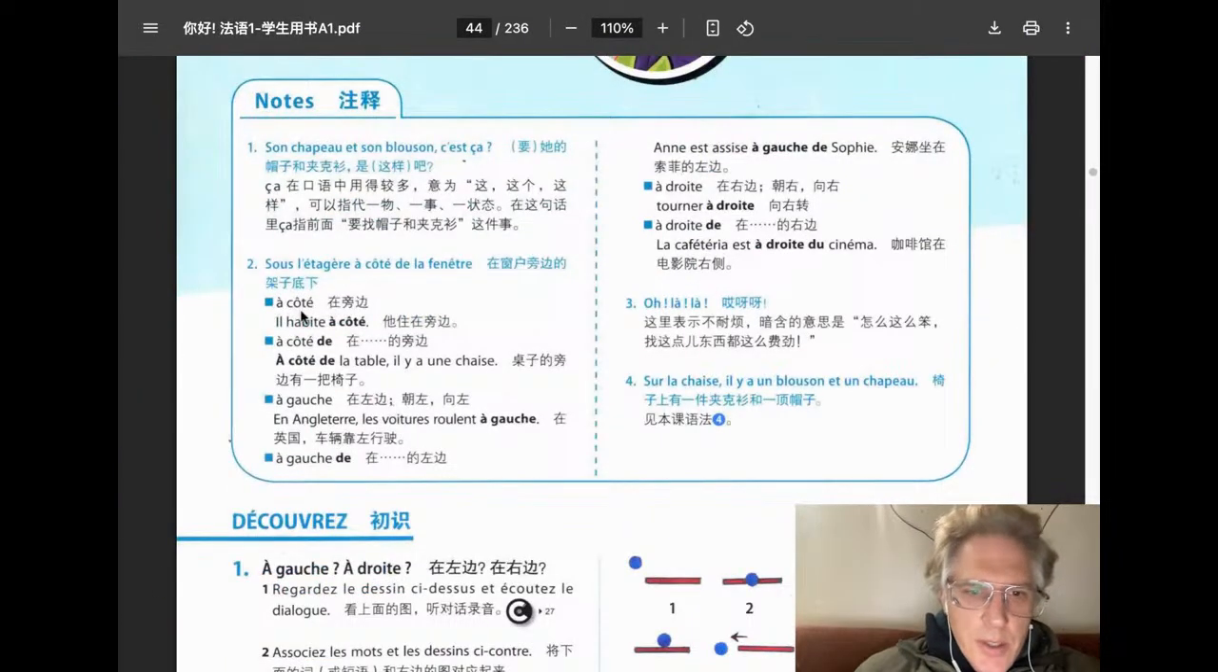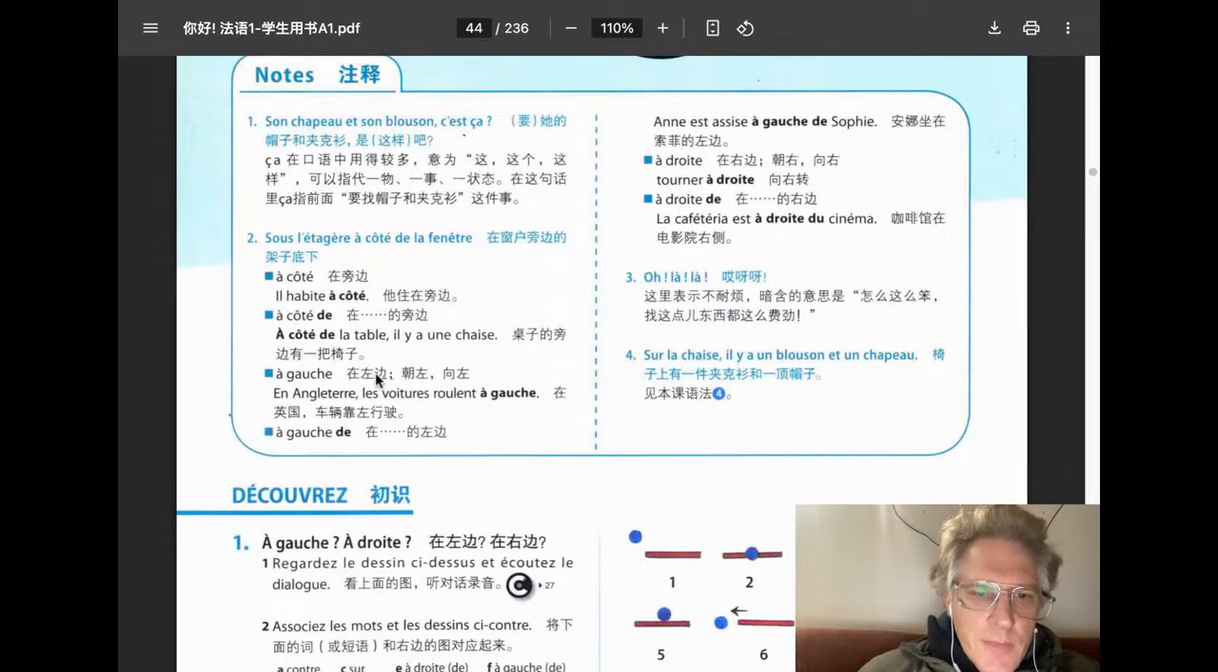Let's see. Okay, so here we have à côté. He lives next door. Or à côté de la table, next to the table, there's a chair. And then they follow this pattern. So they can say en Angleterre, is that England? In England, the cars